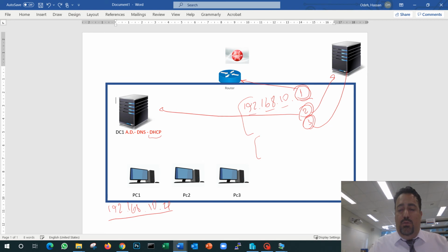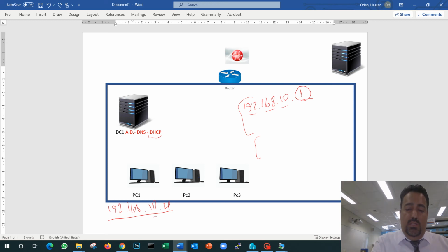Good. So I will go to the router configuration and I can configure the router this way. Here is my IP address range. This is number 4, this is 5, this is 6. 192.168.10.1 is going to be my router, and my first domain controller will be 192.168.10.2.